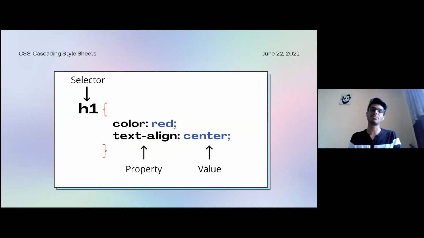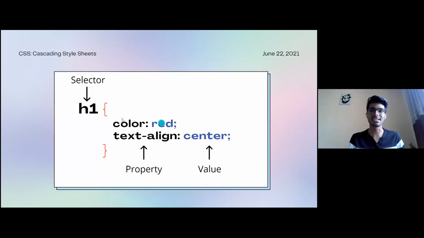That is, we select that particular element and apply a pair of property and value. These are the pair of properties and value which we are applying to the h1 tag here. Be it any tag, a div tag or a paragraph tag, we just need to apply that particular tag in the selector part, and apply the property and value pair. This pair can be anything. CSS has an ample amount of properties, so we will be discussing that further.